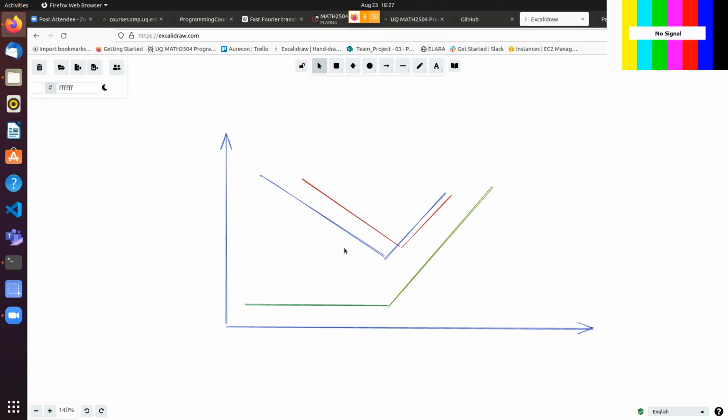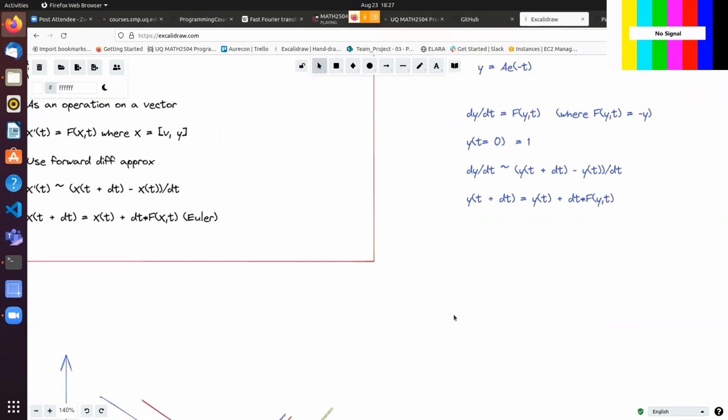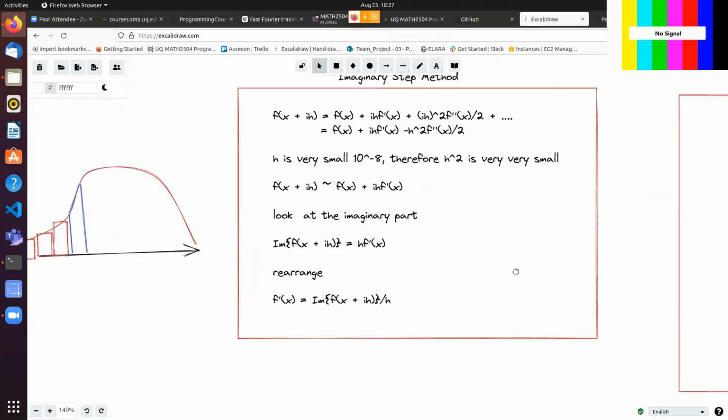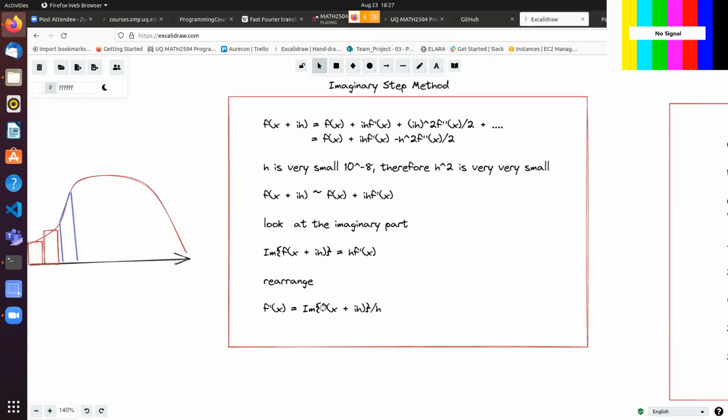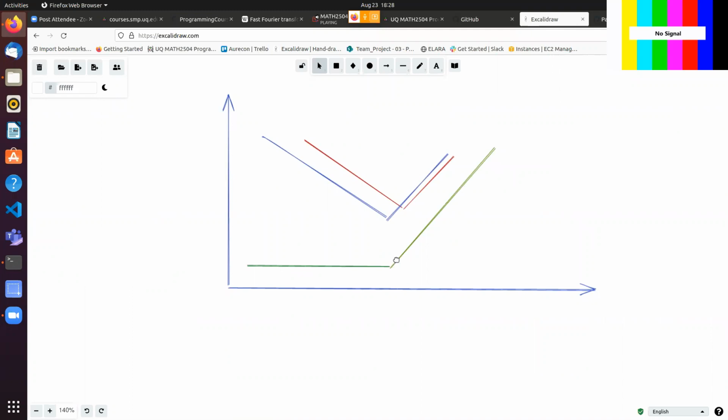Can't say. It actually depends very heavily on the function, like what sort of behavior you're going to get, and you should see that. And then because of this magic of, I don't know where my stuff's gone. This magic of you don't have to have this cancellation term if you just look at the imaginary part, and you know these errors are going to go away like h squared. You shouldn't see that. What should happen is that this guy goes down, and plotting on a log scale here, and then these guys are very small and sometimes 0, and it should be great. It should be like doing automatic differentiation. You should get an error that's down around floating point error. So thing to keep in your mind,